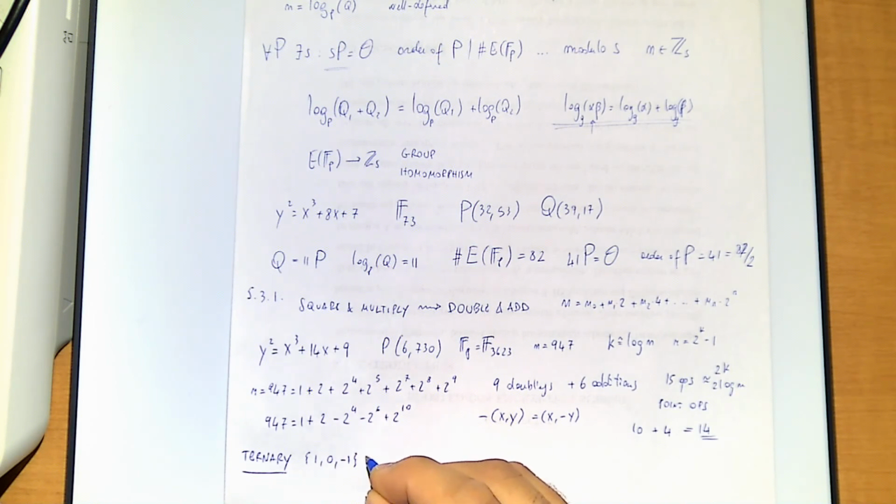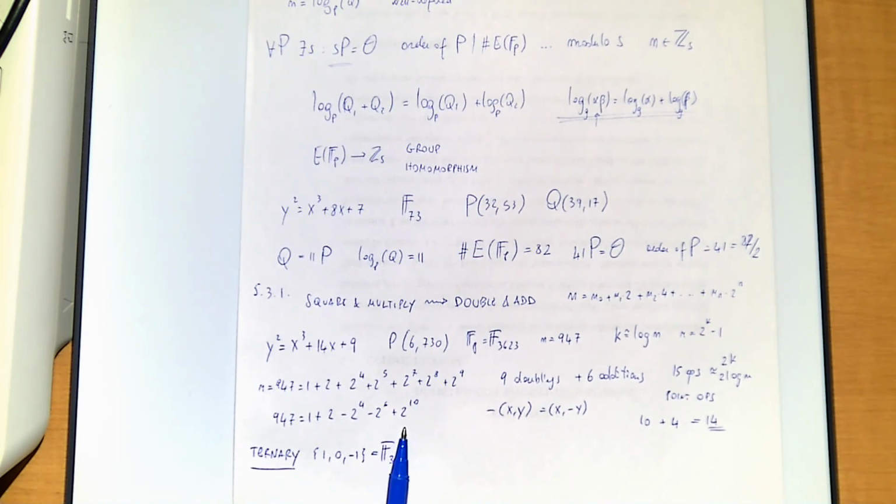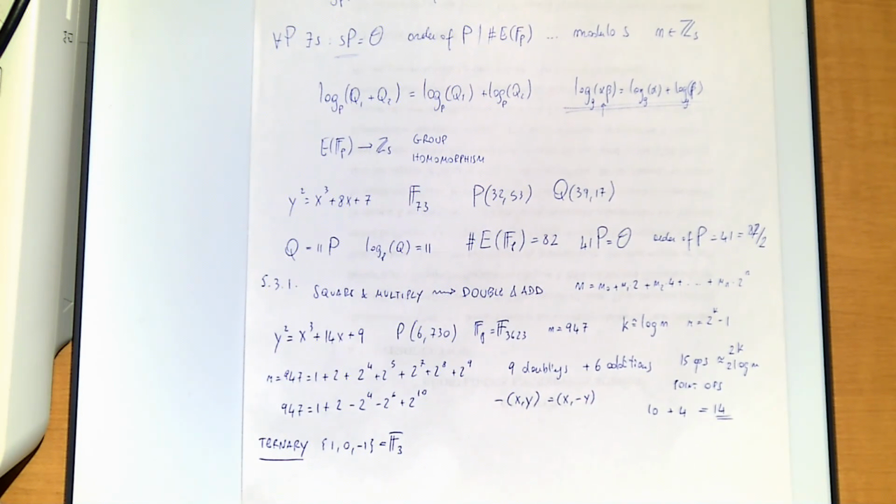This is why it's ternary, right? Basically, this is F3. And if I write a ternary expansion, of course this is an example, and you could tell me maybe you just got lucky and you only ever gained one operation, so what's the point? But in fact, what you can see is that in the worst case scenario, we have 2 log n operations for double and add,